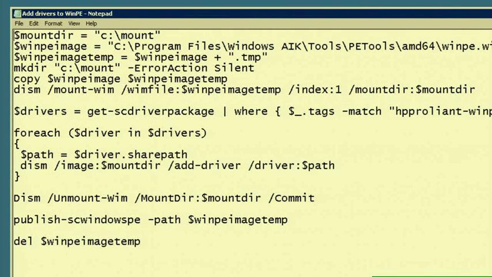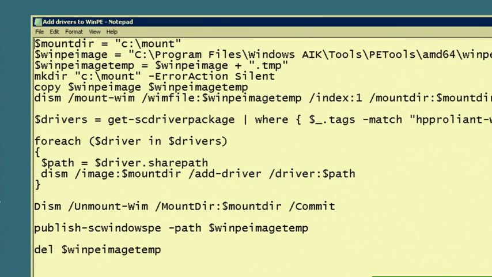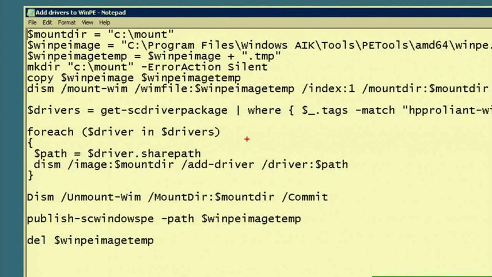You need to mount somewhere. You need to specify the Windows PE image, and that is going to be the PE image that you have on your System Center Virtual Machine Manager server. You need to specify temp folder, make directory. You copy the original PE image to a temporary image, and then we mount it. And then we have a really nice small command,